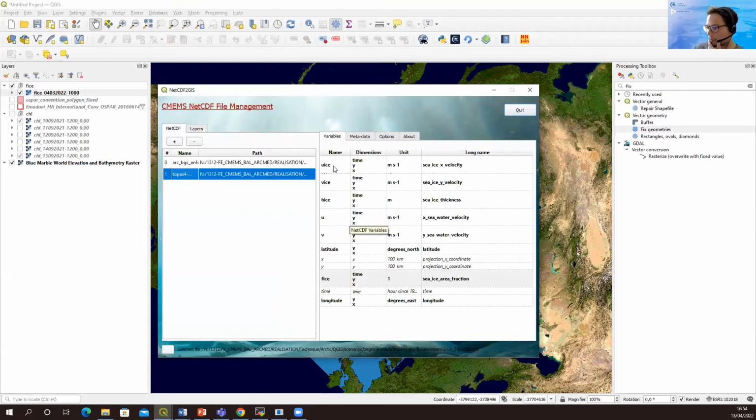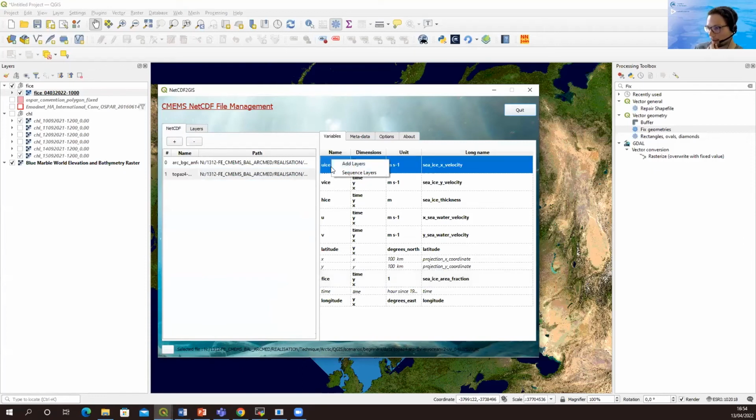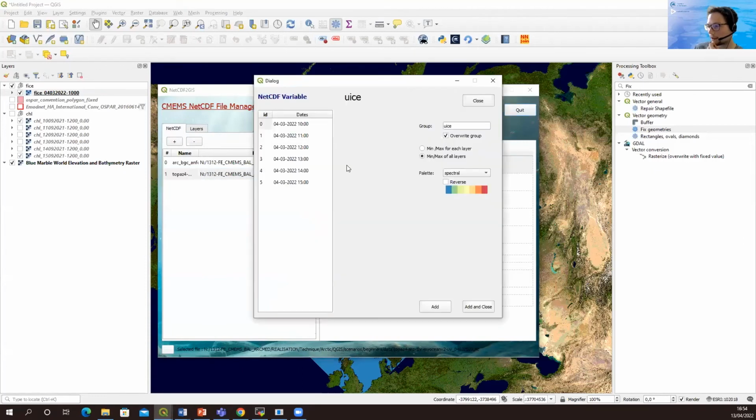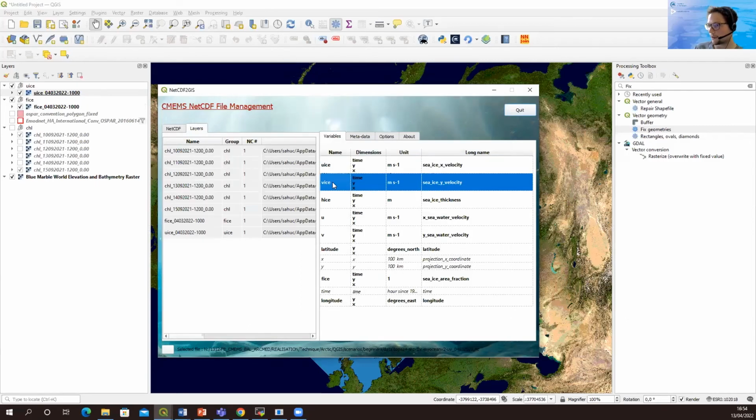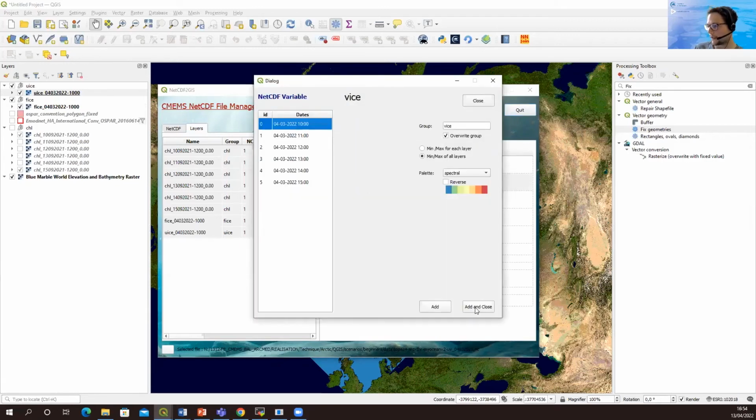So we are going to import sea ice velocity along the eastward axis and along the northward axis. Select the first variable, click on add layers, and for example, we are going to display the vector field only for the 4th of March at 10. You can click on add and close, and here select the second variable, click on add layers, and then add